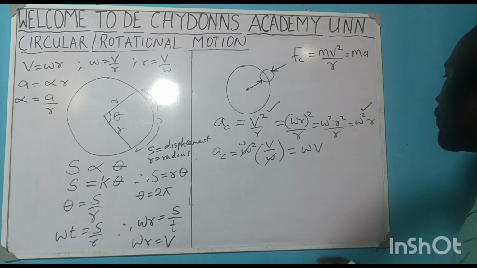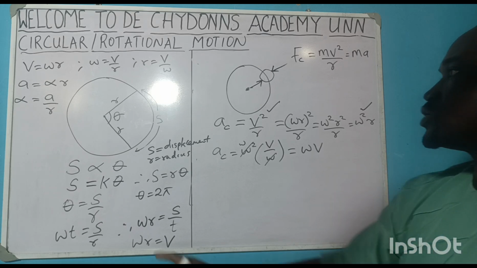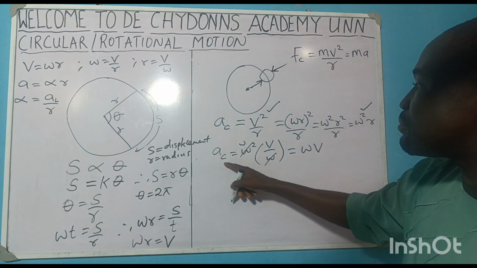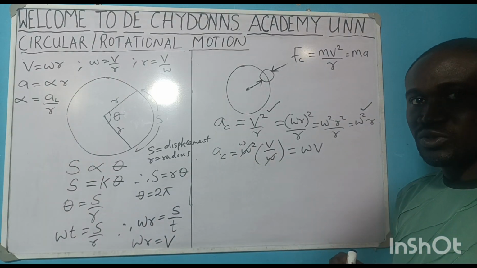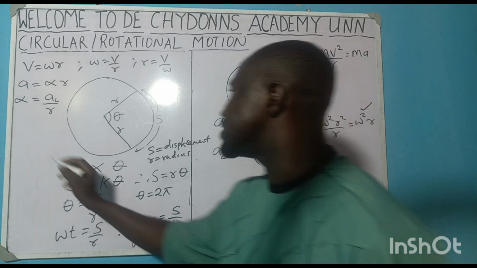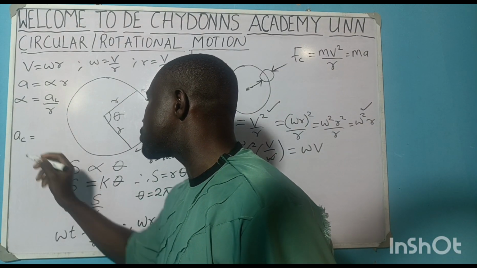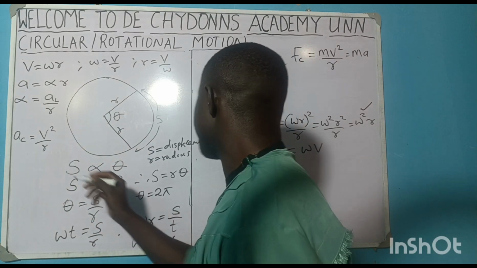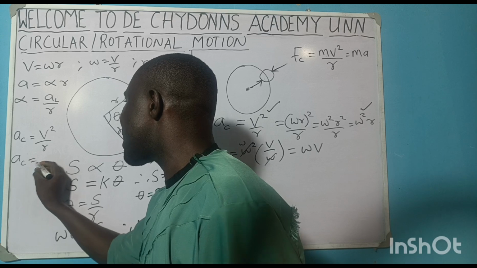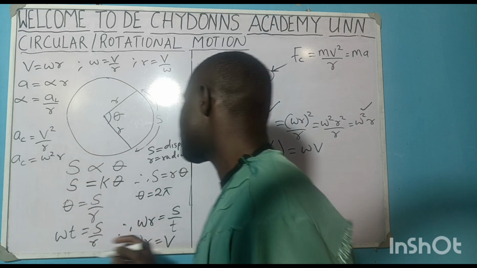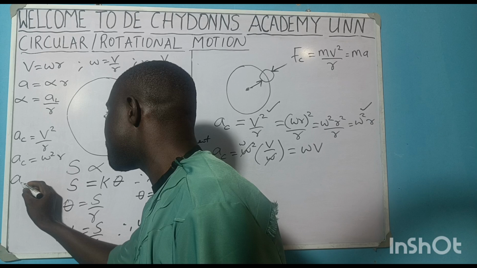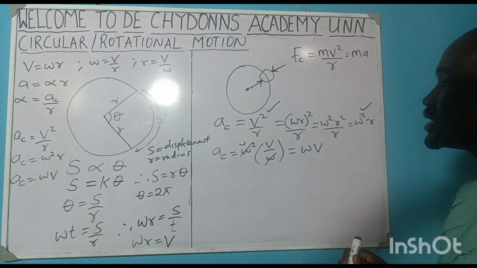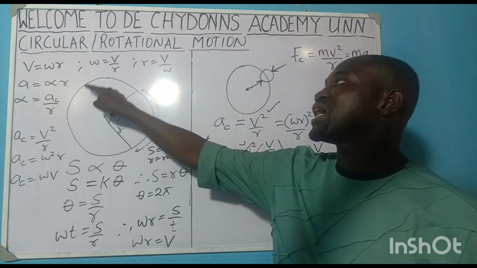So for centripetal acceleration, this one is linear acceleration. This one is centripetal acceleration. Are you getting it? So they are different. So what you do is that centripetal acceleration is equal to v squared over r. Okay? Centripetal acceleration can also be equal to w squared r. Centripetal acceleration can also be equal to wv. It is because a body moving in a circular motion or in a circular pattern